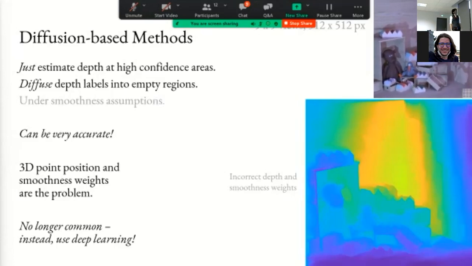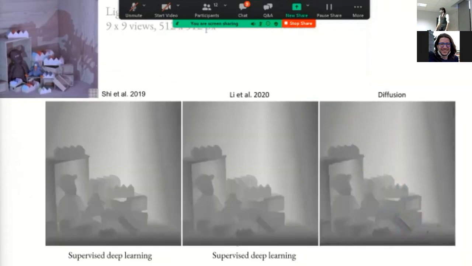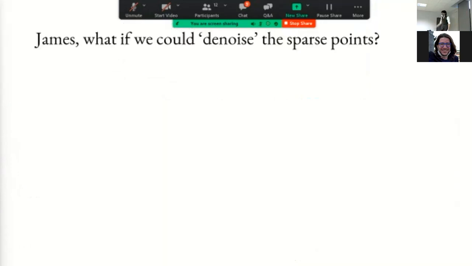All right, so we're not going to do that. We're going to do something else. Here's what it looks like right now, right? Shi et al. and Li et al. are both deep learning-based methods, and our diffusion-based method right now kind of doesn't stand up. So you're asking yourself, James,